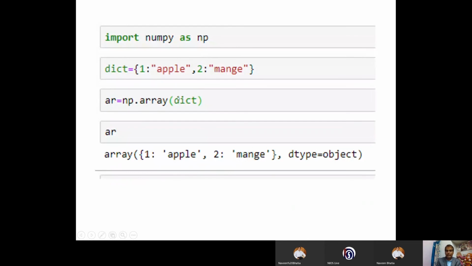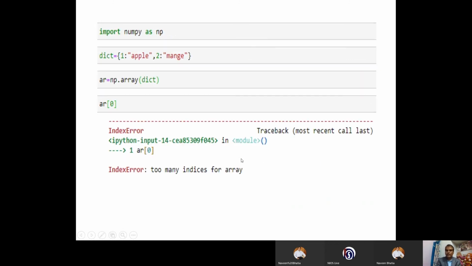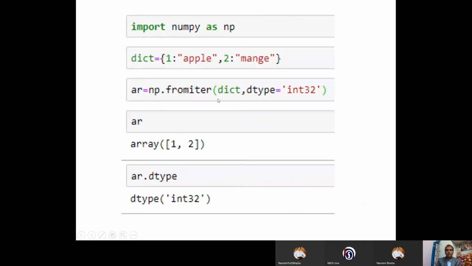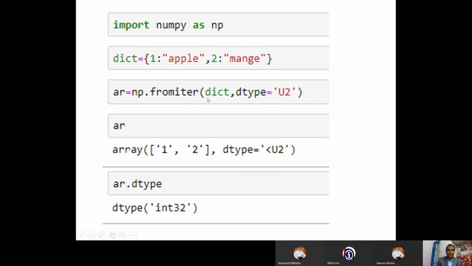We created an array, right? Without fromiter, without dtype, we were getting all the dictionary values. But here it is not like that. You are not getting all the dictionary values. You are getting data type values only, and they can be accessed with the help of an index. Is it clear to everybody? With the fromiter function, it's very easy to create an array from non-numeric values. This is key, this is value for a dictionary, always enclosed in curly brackets, right?